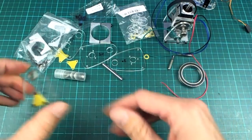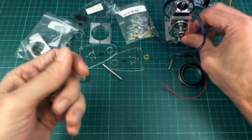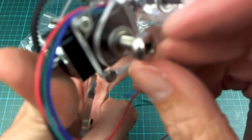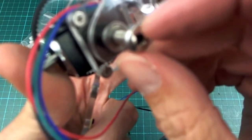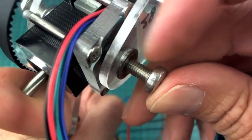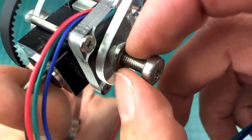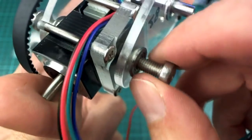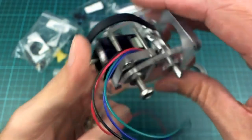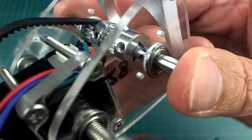But the way that I am planning to finish this off is to get some shorter screws. So these screws are 20mm long, and if I can just find some that are 10mm long, the space here is 10mm, so this screw will go exactly nicely on the end there and won't stick out like it is at the moment. If I can't find any short ones, I can just cut this one down, so it shouldn't be a problem. And this pin at the back is just sort of sliding in there